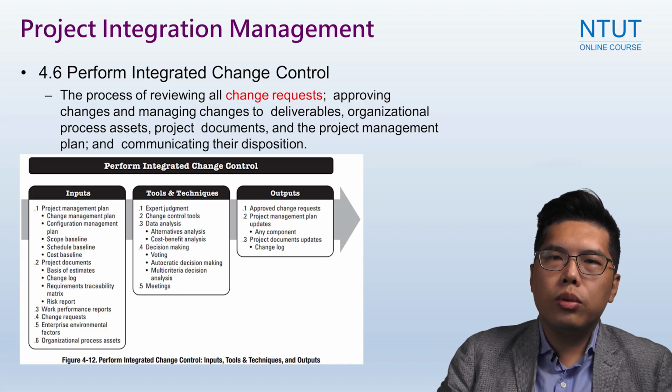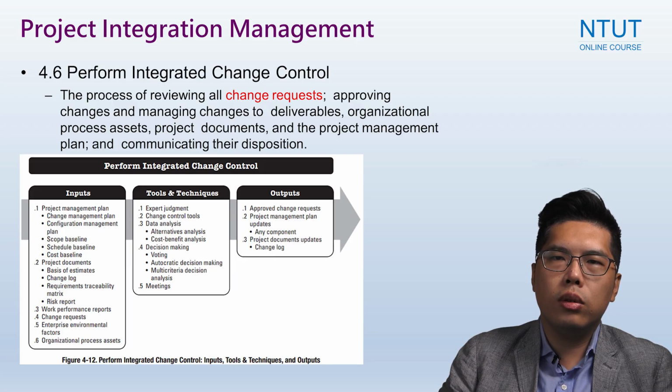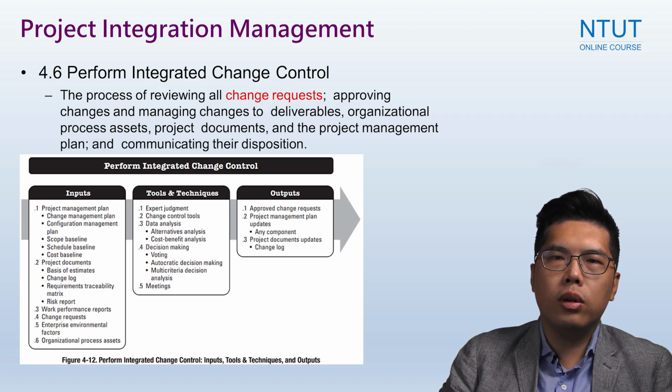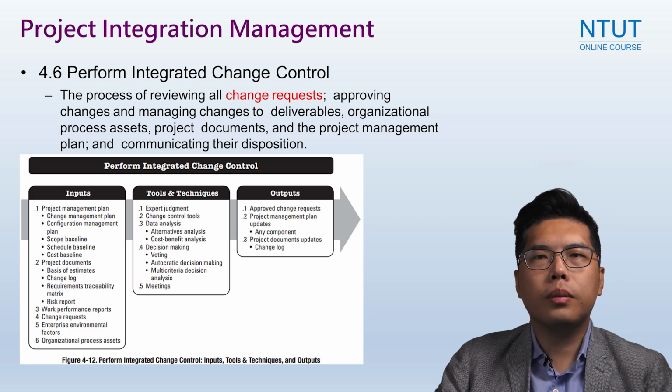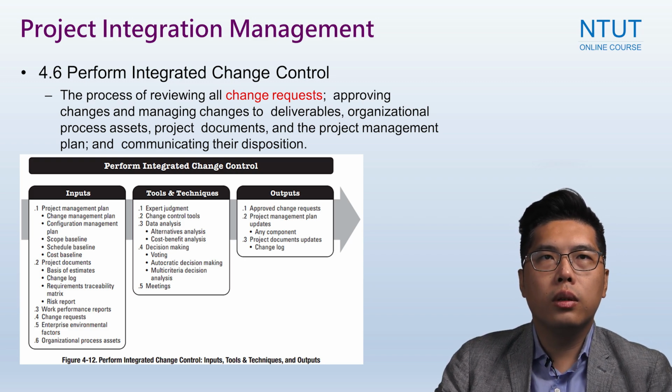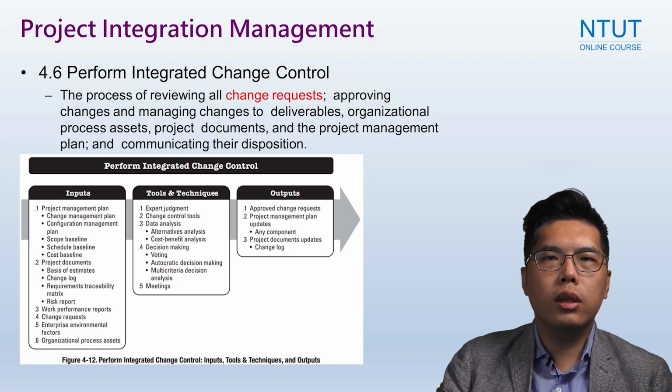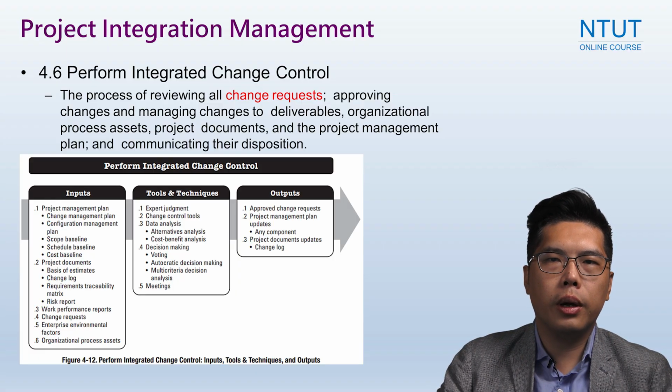Moreover, the other tools used are for managing change requests and the resulting decisions, including action items for implementation of the change. So these tools have to be accessible to all those who are responsible for implementing those changes. So let's talk about the outputs. In 4.6.3.1 is the first of the outputs. It is the approved change requests.